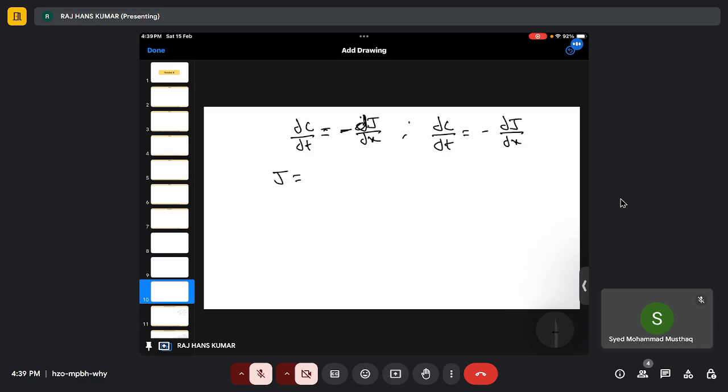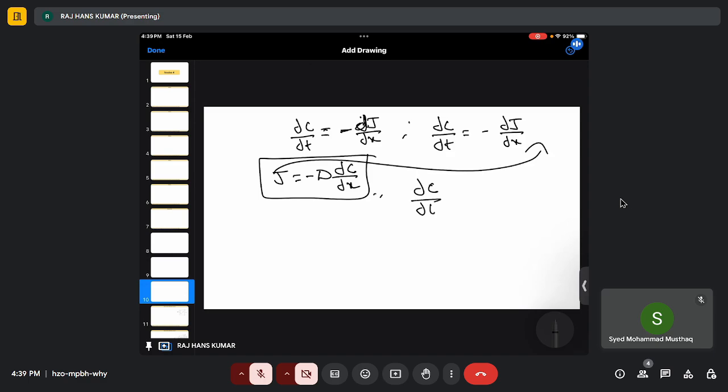Again from Fick's first law, J equals minus D ∂C upon ∂x, right? This is my Fick's first law. Now substituting this term in here, it will turn out to be ∂C upon ∂t will be equals to minus ∂ by ∂x of minus D times ∂C upon ∂x. Again,